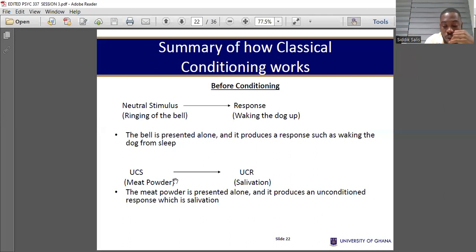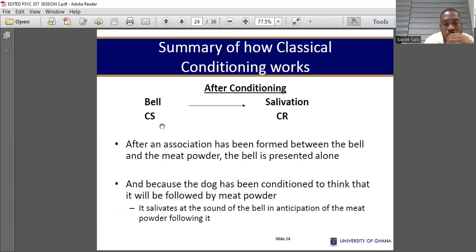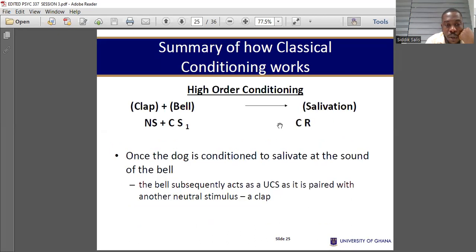Okay, so we have one. All this we've talked about. So now the bell plus the meat powder. Neutral stimulus plus the unconditioned stimulus. In the beginning, it gave unconditioned response, but over some time, it gave conditioned response when even the bell rings on its own without even the meat powder. Okay. So higher order. I think we'll continue with this in the next